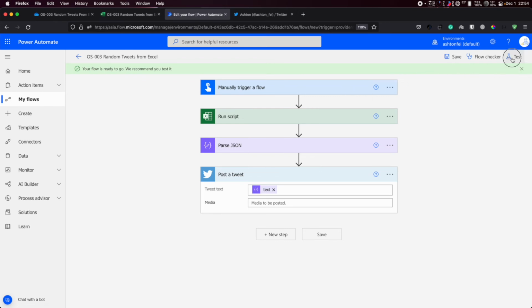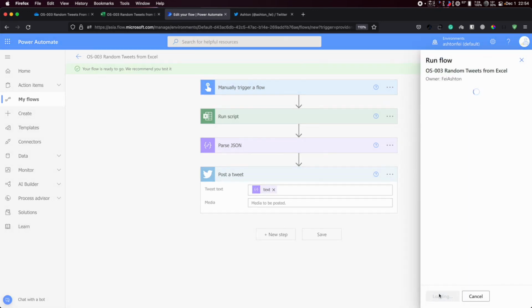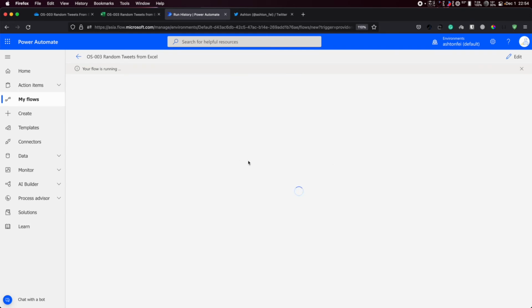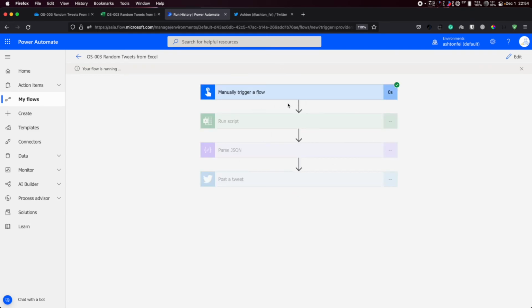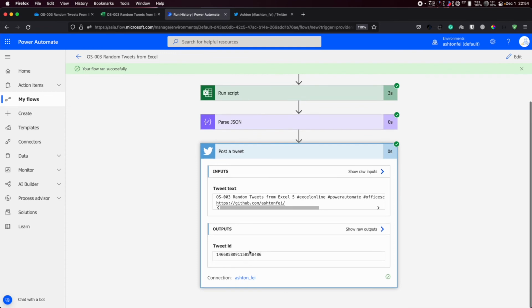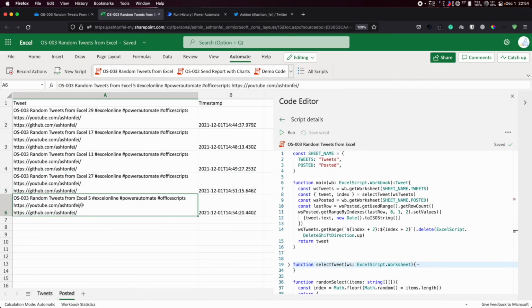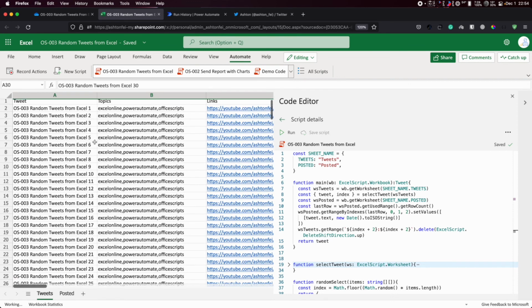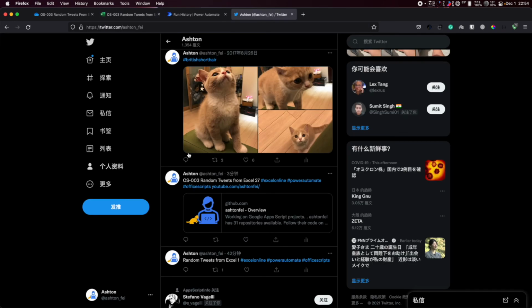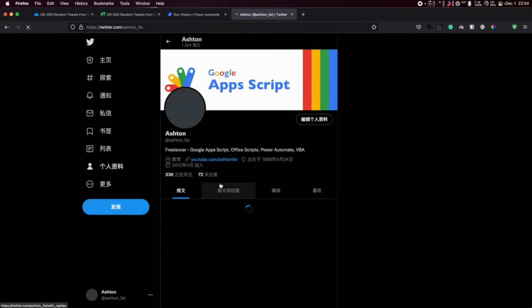maybe test, run this manually, run, and I should be able to see another random tweet successfully. This is the ID, and we just sent number 5. So number 5 should be here. Number 5 is removed from this list, and if I reload this page, I should have